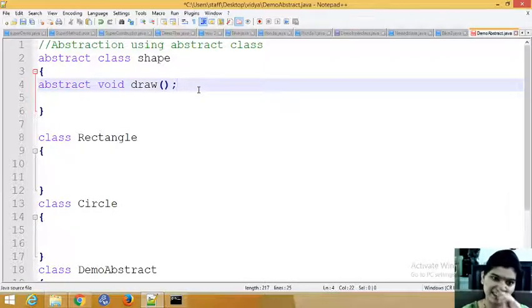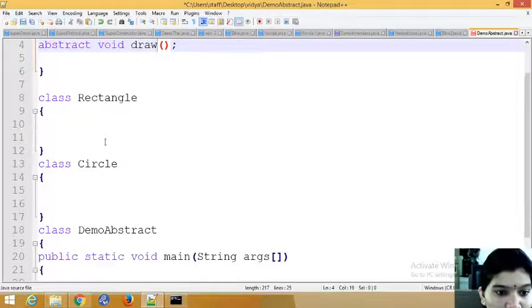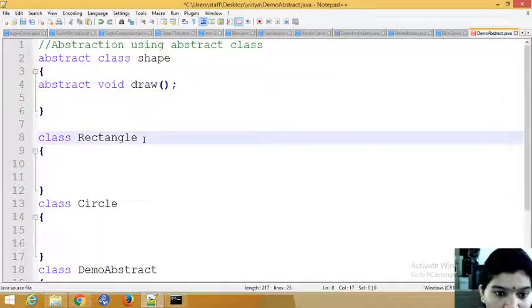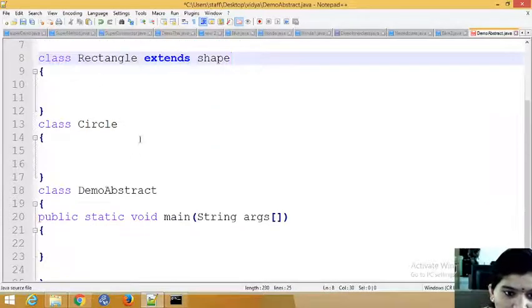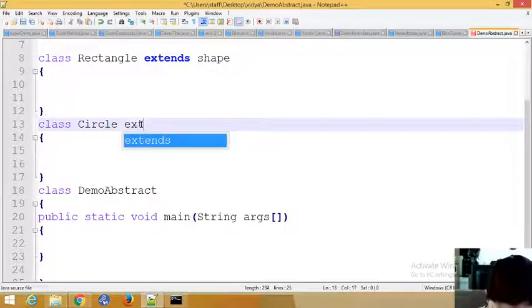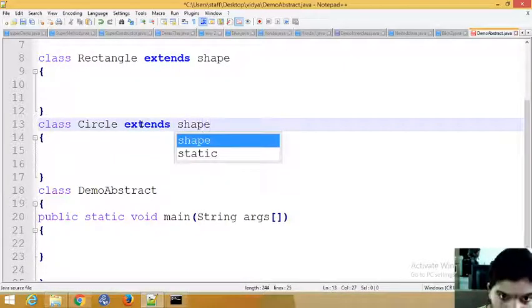The abstract class doesn't have an implementation here. Rectangle is going to extend the Shape class, so I'm inheriting, and the same for Circle, which extends Shape.